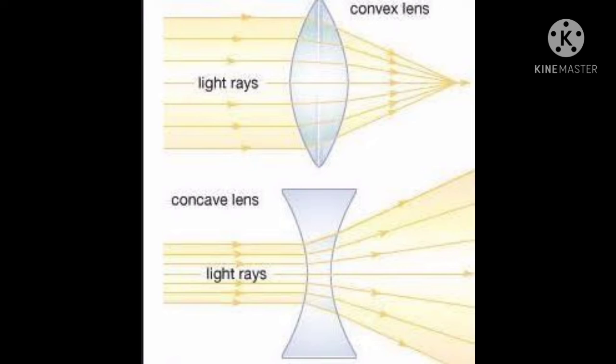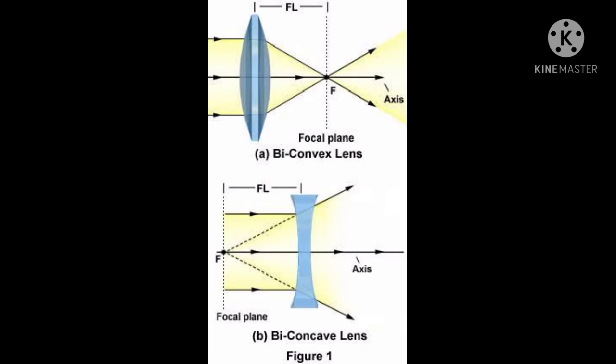I told you, in the lens there are two surfaces. One surface is where the light is incident, and from the other surface it is refracted. So you are observing converging, children. So in the convex lens we are observing converging. What about the concave lens? Refracted rays are being diverged. Okay, so all the converging rays are met at a point, that is the focal point.